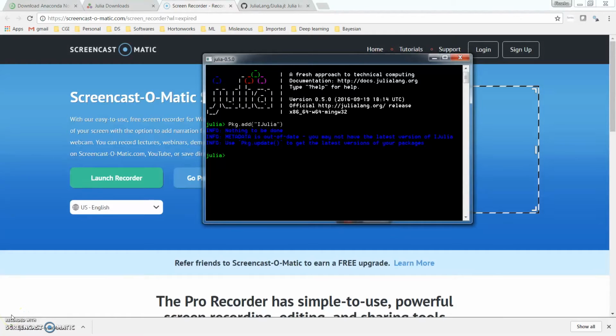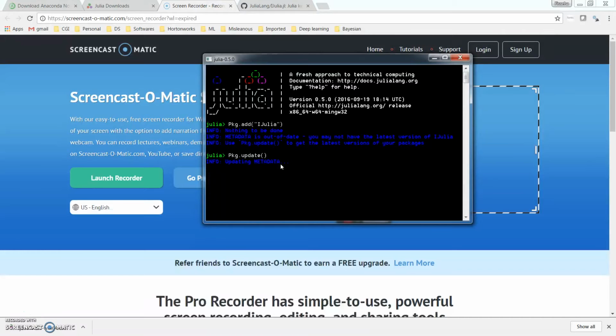Okay, so now iJulia is installed, but it says it could be out of date, and it asks me to update it. So let's go ahead and update it. pkg.update. So now it is updating the metadata.